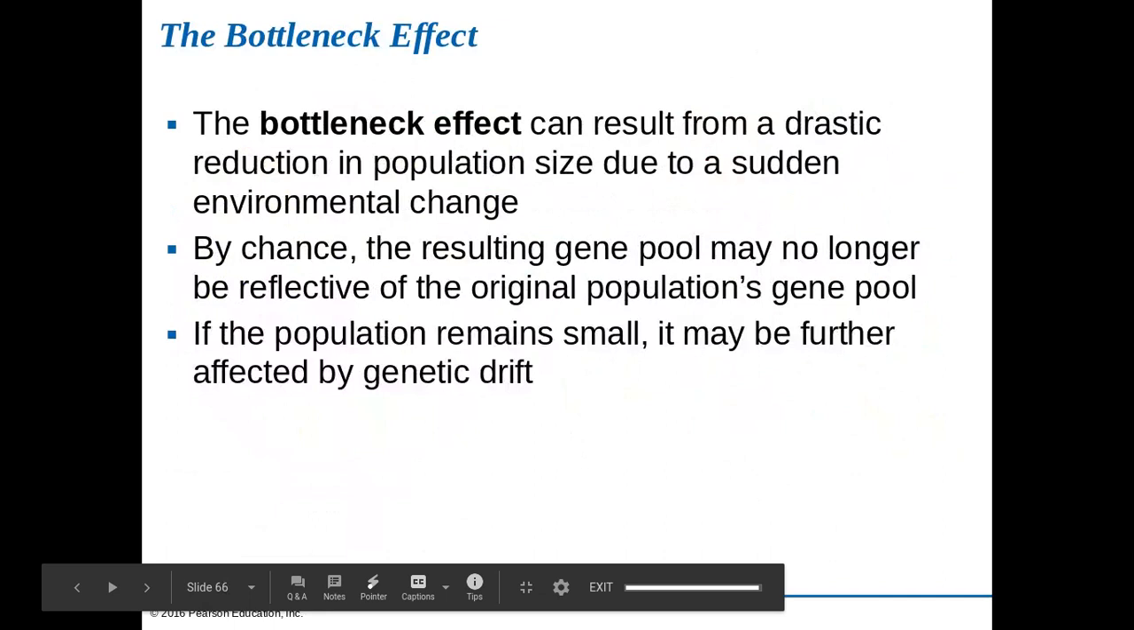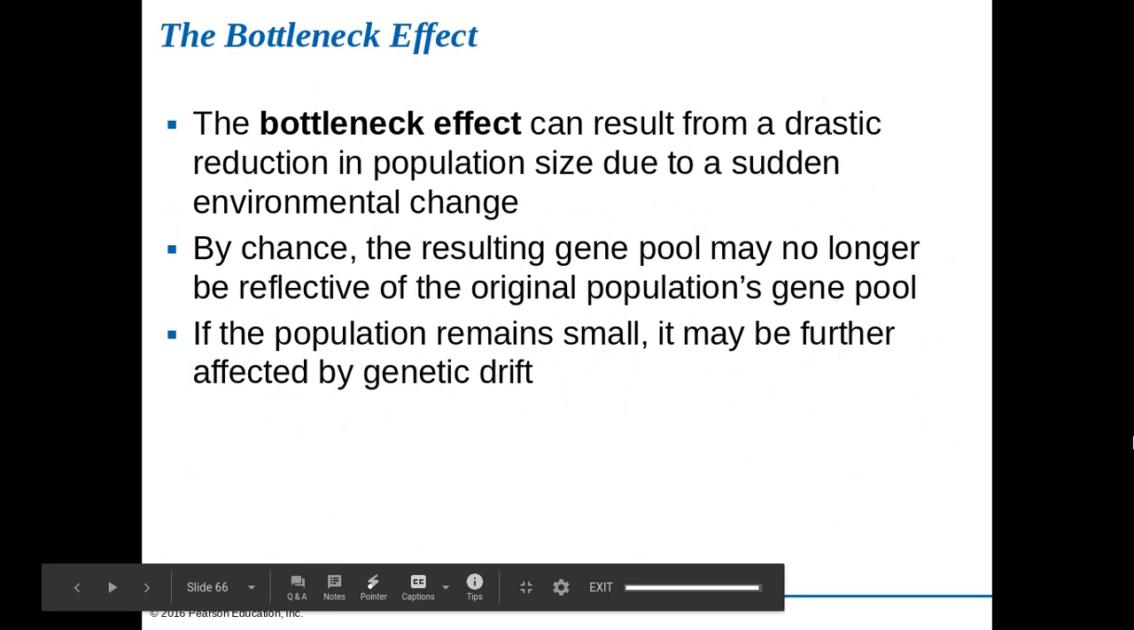We also have a type of genetic drift called the bottleneck effect, and this results from a drastic reduction in population size due to sudden environmental change. So maybe there's a big hurricane or the ice age or something like that. And then the resulting gene pool may not reflect the original gene pool because so many individuals may have been wiped out. And if the population continues to remain small, it may continue to be affected by these random changes